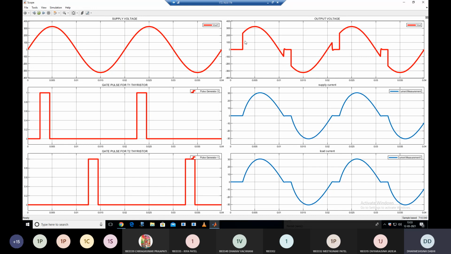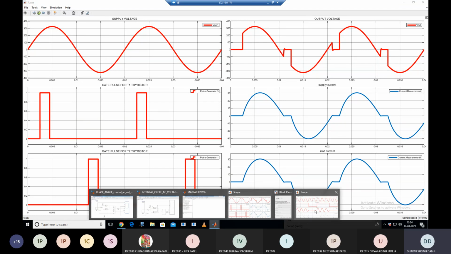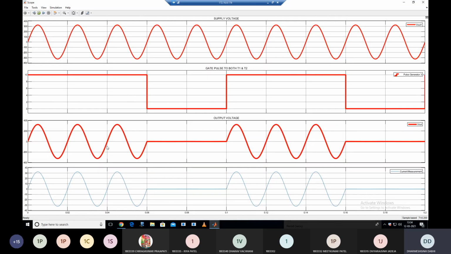In the phase angle control technique, you can see that by changing alpha, you distort the phase. Here you distort the phase of the positive cycle, and in the same way here you distort the phase of the negative cycle. Because of the distortion of this phase, that will introduce harmonics in the supply current as well as load voltage. So when you do the FFT analysis of this output voltage, it will contain a large amount of harmonics as compared to this waveform. Clear? So that's why sometimes we use this integral cycle control method if you want to remove the harmonics from the system. Clear? So this is a simulation of the integral cycle control technique.